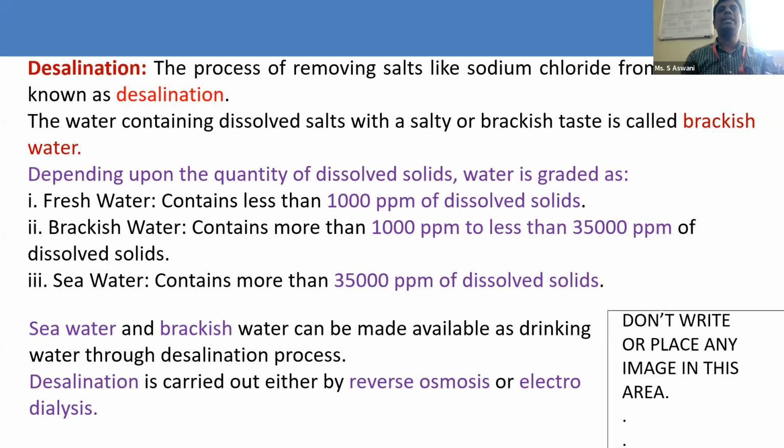Normally, water containing heavy dissolved salts, with a salty or brackish taste, is called brackish water. This technique is also applicable to brackish water, so for brackish water purification we also follow this reverse osmosis method. If you see fresh water, the TDS value is 1000 ppm. Brackish water,